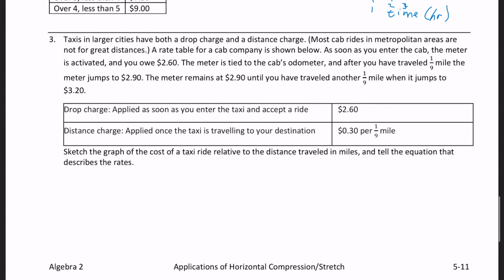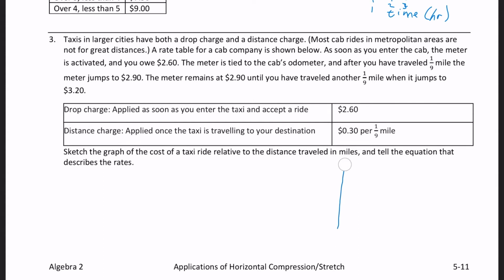I don't know if any of you have ever taken cab rides in cities, but as soon as you get in and say you want to ride, they flip a little flag down and it starts the meter. And it's not a timed meter. It's based on how far you've gone. But in most large metropolitan areas, like if you're in Houston or Dallas or areas like that, you may only need to go a mile or two. And it's hot outside, and you don't want to walk that mile or two if you're a businessman. So you just hail a cab and jump in. And so our function